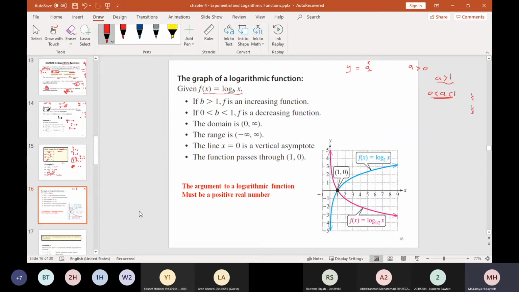For the function logarithm of x to the base b, okay, this is for every b greater than 0, meaning the logarithm base is always a number that is greater than 0. We take two cases. The first case is when b is greater than 1. So what function is that? Actually, we knew that a logarithmic function, if I have a to the power x,